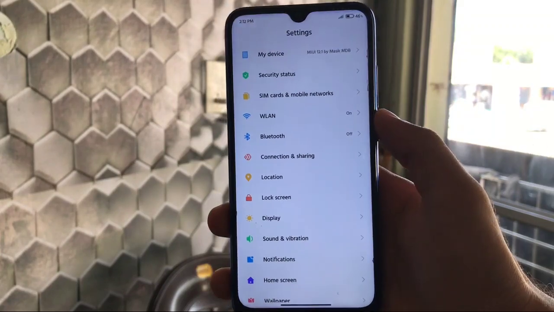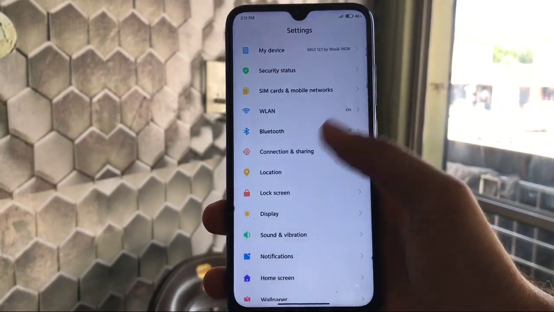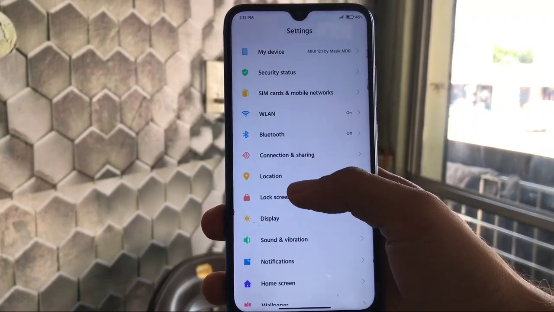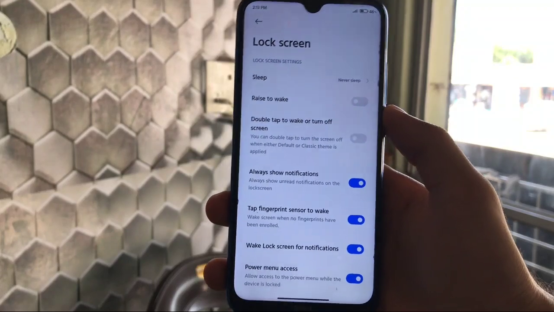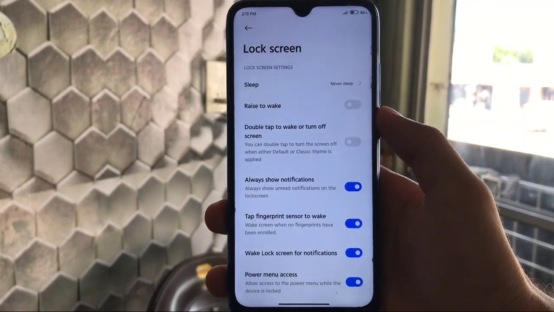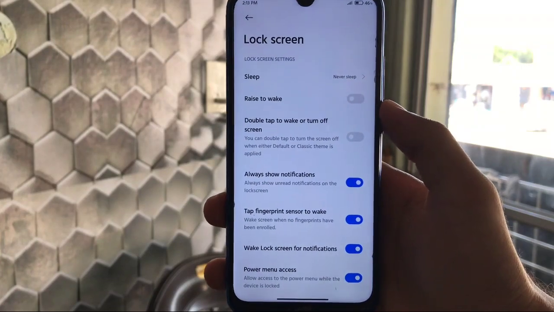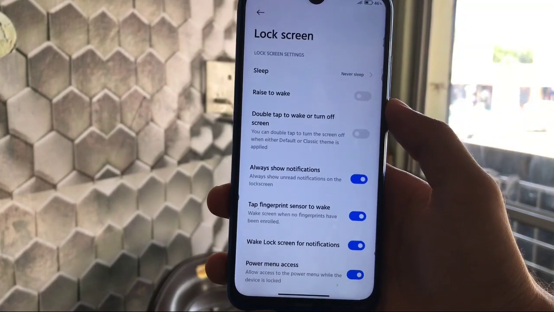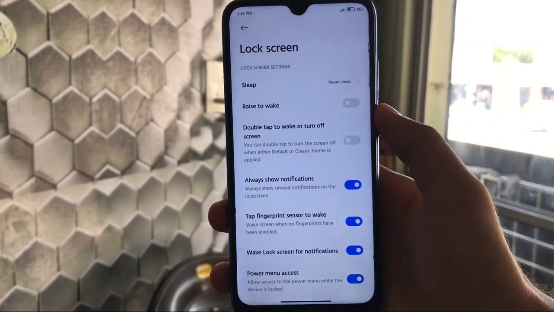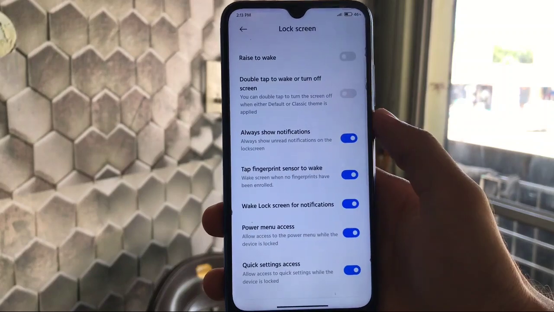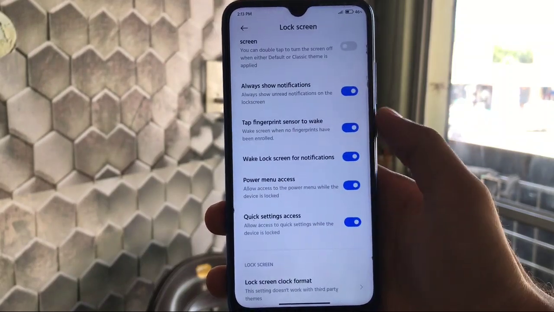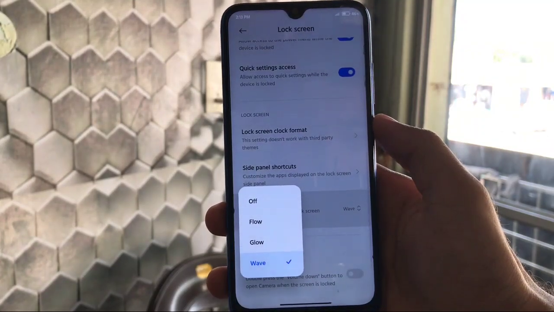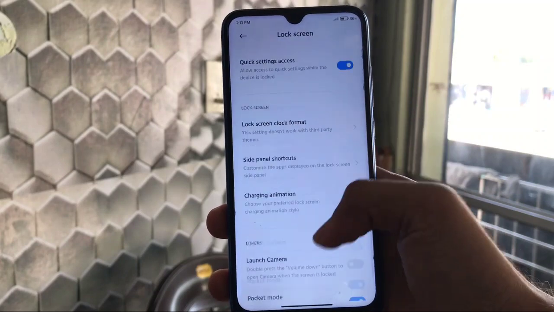First of all, if you have noticed, there are no dividers available in the settings. As you can see, all the settings have same things, no divider whatsoever. So move on to lock screen. First of all, we didn't get the always on display option. Always on display was already available in some ported ROMs for Redmi Note 8, as it is not officially supported, as it has this LCD display. So that's why we just have the normal display here, normal lock screen, where we got the always show notification feature, and some other options includes charging animation. As you can see, these are the main features which you get here.